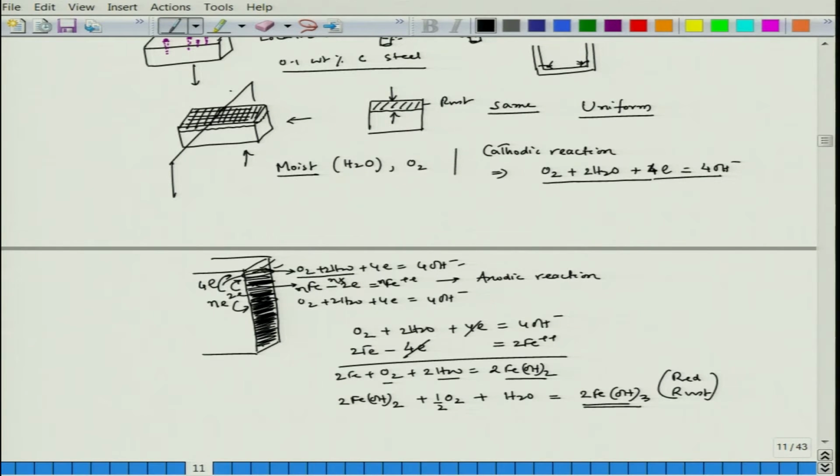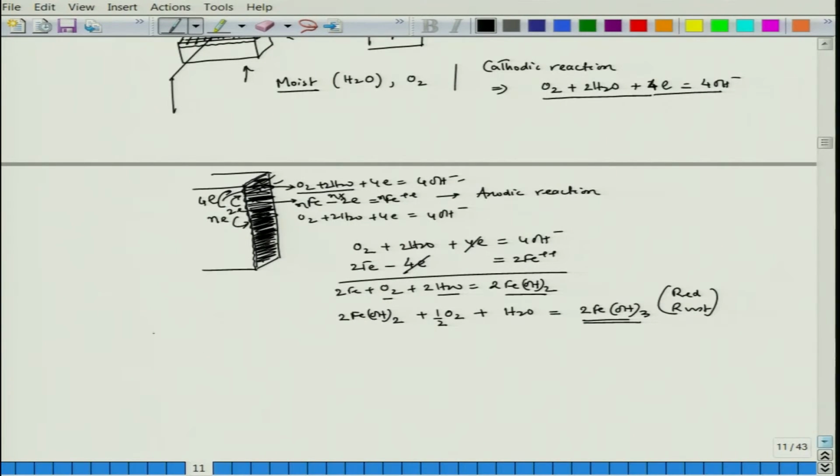Entire segment I can have rust formation. So, that rust would also progress uniformly in the depth direction. This is the kind of situation we would experience. Now, it is basically a simplistic situation of what we have talked about. So, here we have moisture, we have oxygen. Now, there could be a possibility of the presence of SO2.